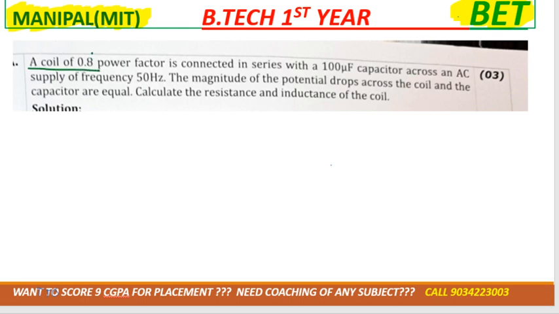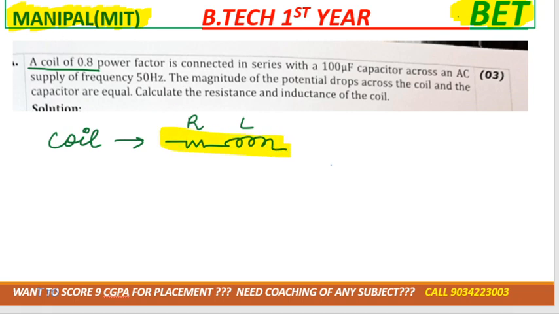They said a coil of 0.8 power factor. Coil means the combination of R and L. Okay, the very important point, because maximum of the students think that coil means only an inductor. No, but the coil means the combination of R and L. So they said that the coil power factor is